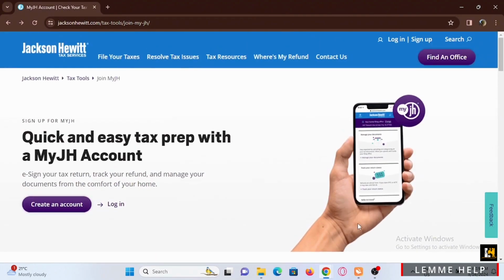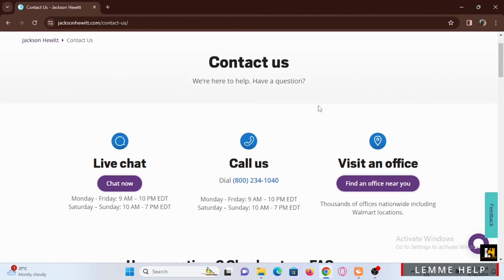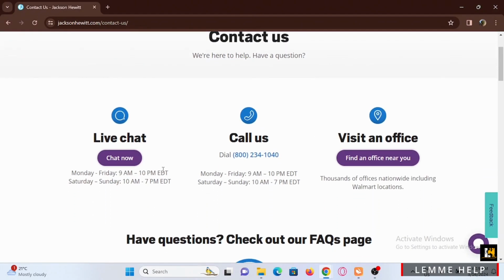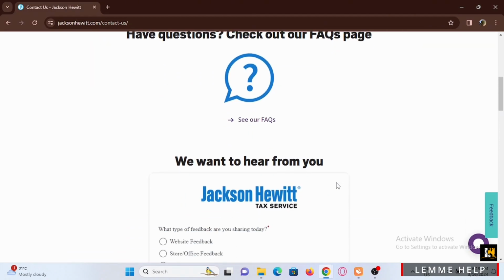If you need more help with the recovery, at the top you should find the Contact Us option, where you have 3 options to live chat with an agent, calling, or even visit an office. You can select any of the 3 categories to help you with your issue. And that is all to how to recover your